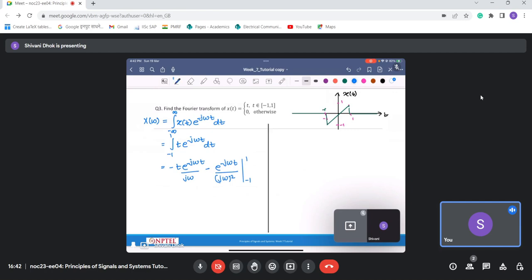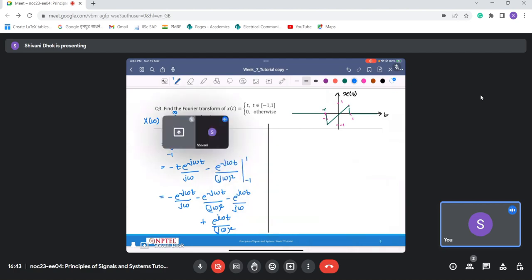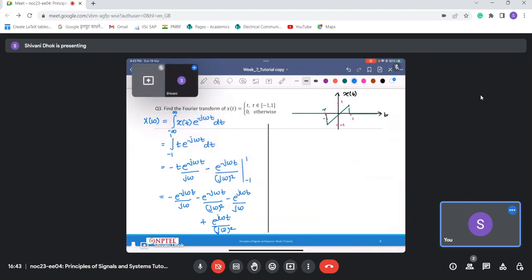Okay, so when I substitute, this comes out to be -1 into e^(-jωt) upon jω, minus e^(-jωt) upon (jω)², minus e^(jωt) upon jω, plus e^(jωt) upon (jω)². So this we can simplify as